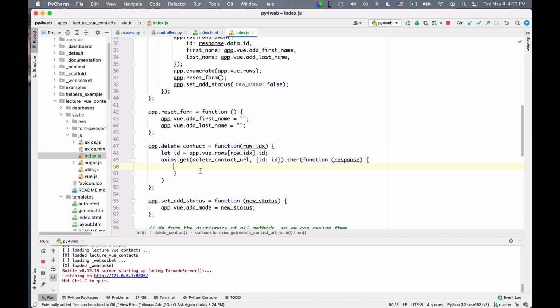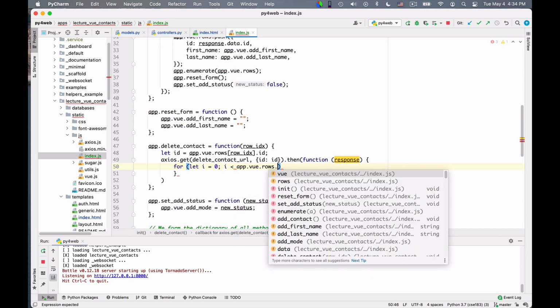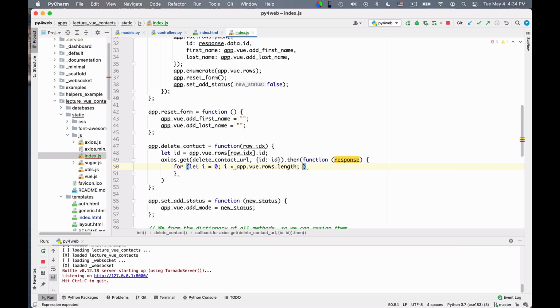So what I want to do is essentially look in my list of rows, the row that used to have the right ID. And so I write this slightly complicated and unpleasant code. I wish there was a better way to do it, but essentially I write for let i is equal to 0, i smaller than app.vue.rows.length, i++.